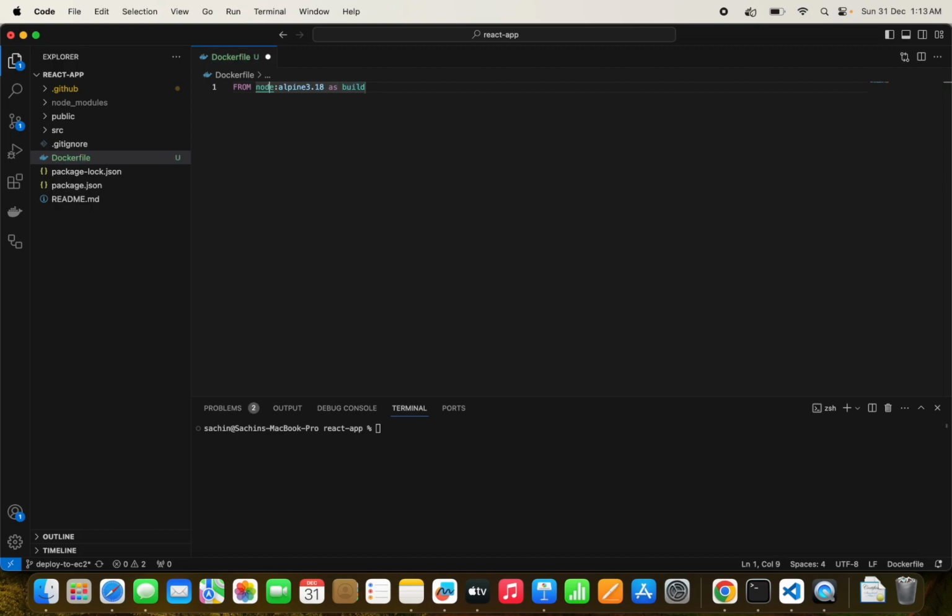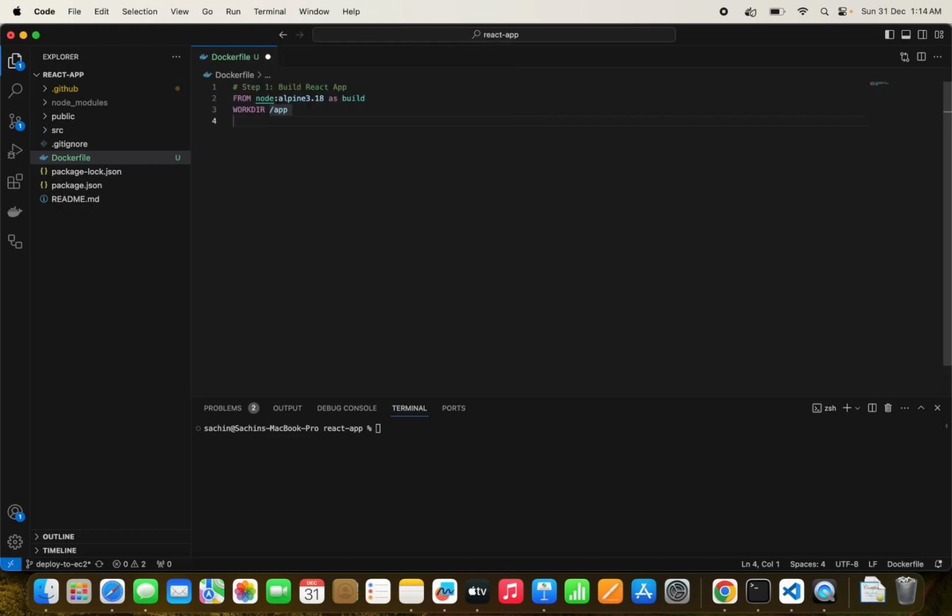All right, we can just comment what we are doing. Step 1 is build React app, and in the second step we will serve this image with an nginx server. That is used to serve the web content of any application. So we are going to use nginx as well inside our Docker container. Okay, so we will define the work directory. Let's give it the name /app,